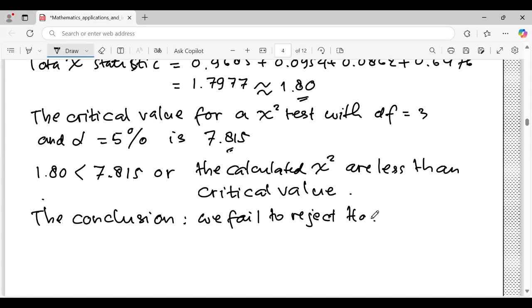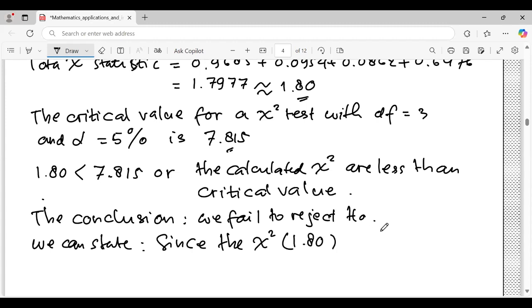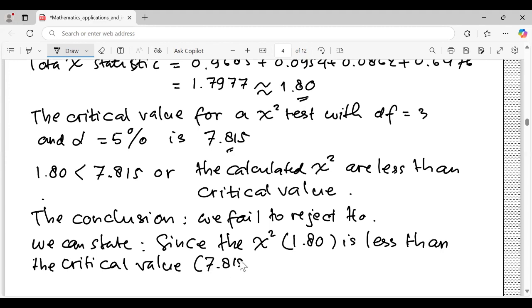And yeah, I would like to add something. We can state that, since this is important for us, since the chi-squared value is 1.80, less than the critical value 7.815, we do not have sufficient